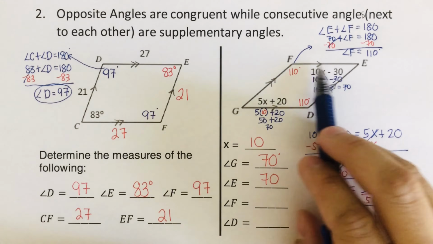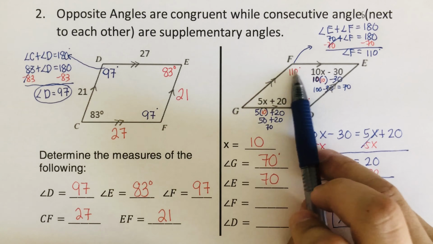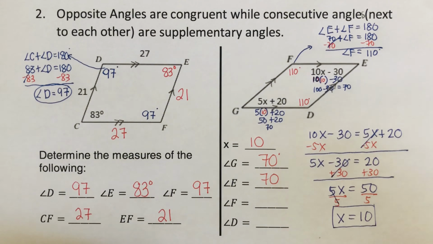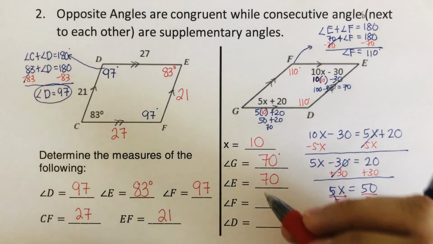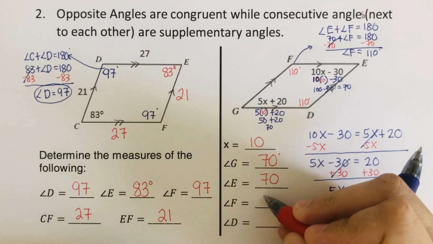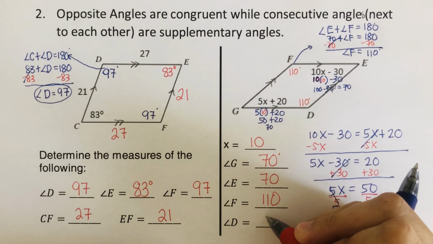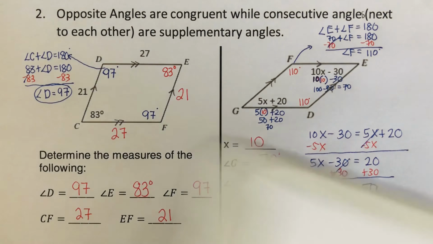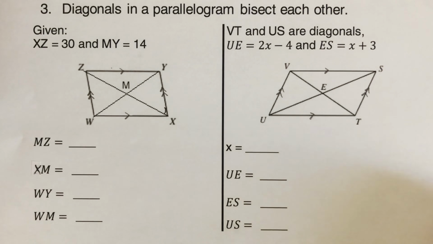Now, if you add all of this, 70 plus 110 plus 70 plus 110, the total would be 360 because the total for any quadrilateral is 360. So angle F is 110. Angle D is 110. Did you get the same answers as this? Good. Perfect. Now, let's move on to the third property of a